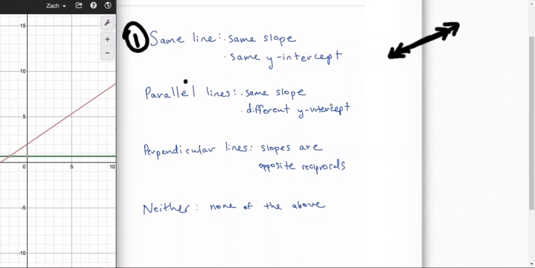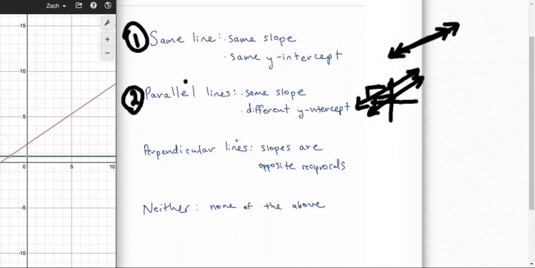They're the same line. All right, so if that's not the case, though, you go and you check for parallel lines next. Parallel lines are going to have the same slope, but they're going to have a different y-intercept. And if you think about it, if this is your x and y, that's one line, that's this y-intercept, and then you have another parallel line, and it has a different y-intercept,